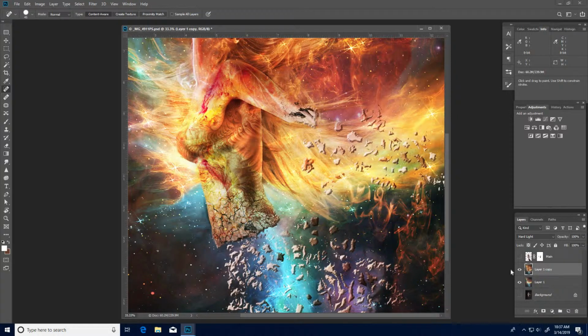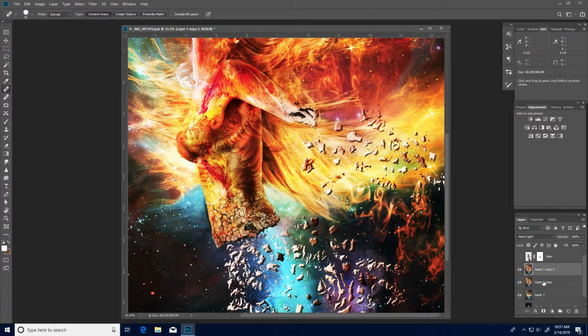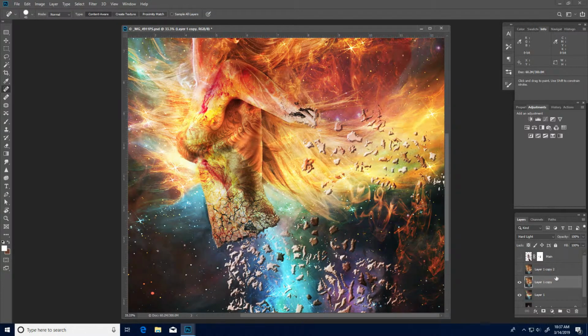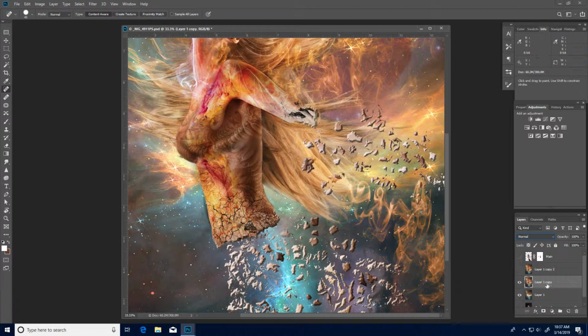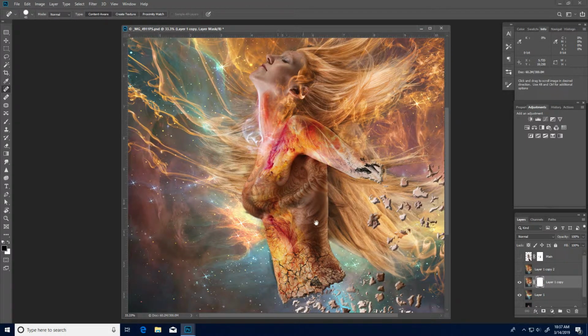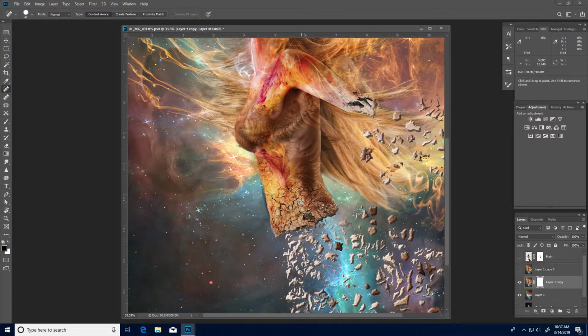So I'm going to duplicate that. I'm going to come down to the one below it, turn on the one with the hard light, and put this one back to normal. Then I'm going to add in a layer mask. Now, to be going in and out of reality, we're going to go to the brush tool with our layer mask, set to black, take the opacity down to about 20%, and we're going to just kind of